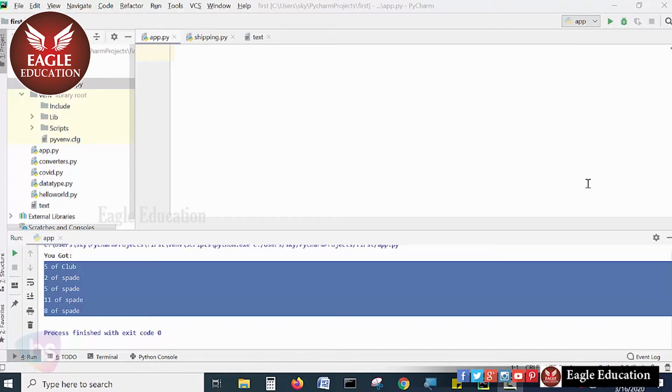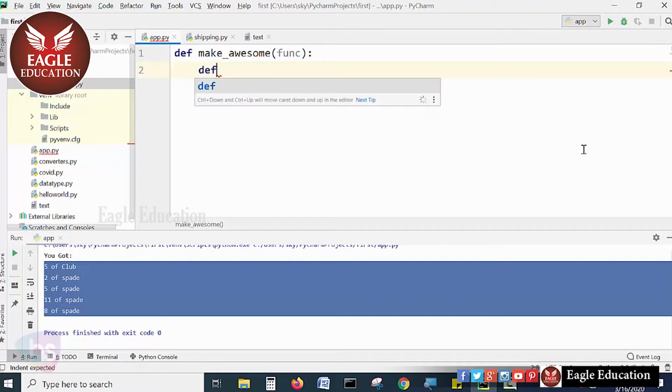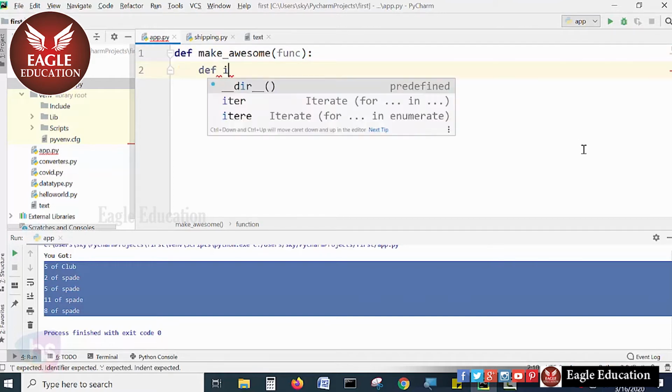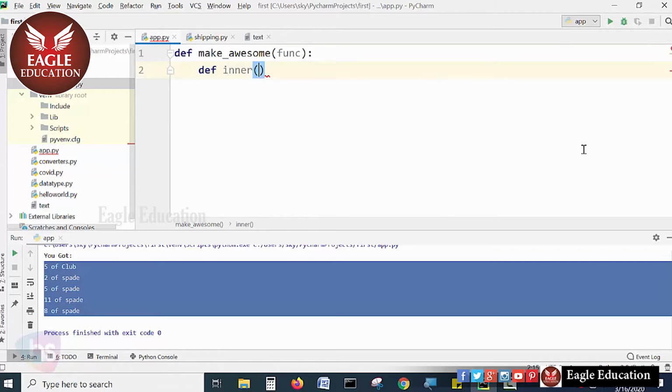I will show you a very simple example of how to use decorators. We will see it by defining a simple function called make_awesome. I am passing one parameter, an efficiency function, called efficiency. Within this, I have another function, an inner method, which we can call terminate. It says print